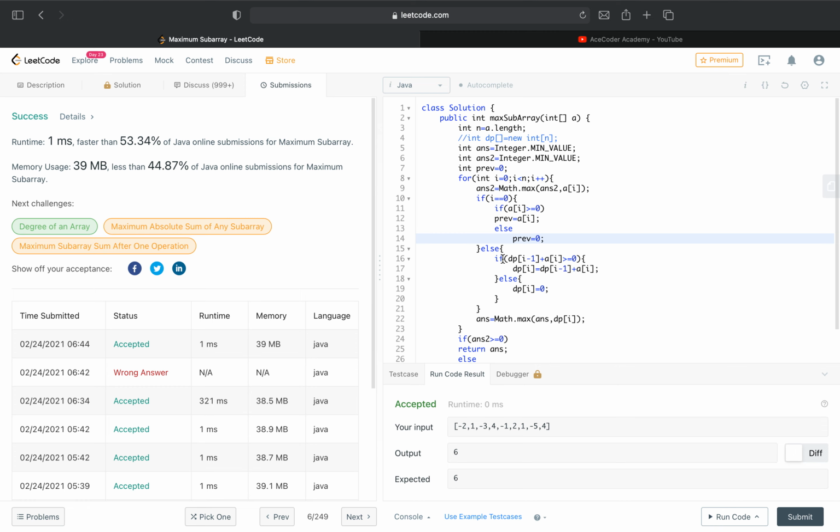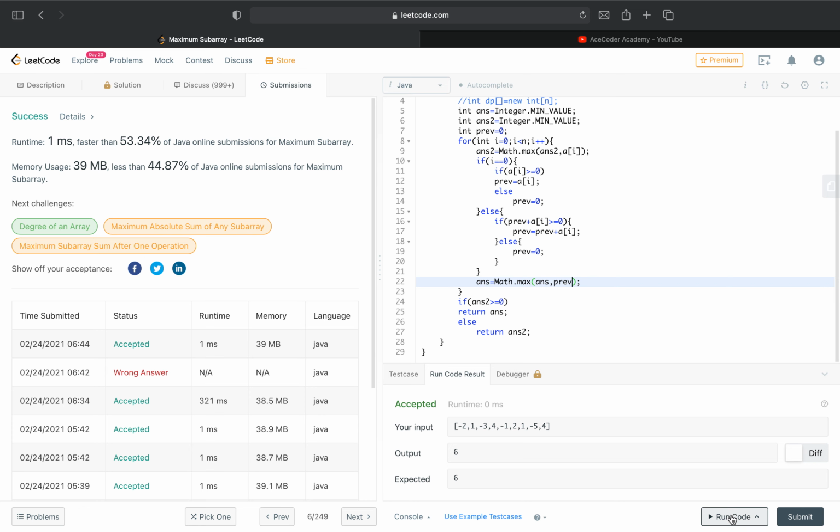And here, if previous plus a of i is greater than or equal to 0, then previous is equal to previous plus a of i, else previous is equal to 0, and here also previous.